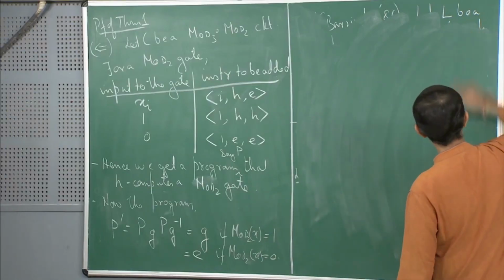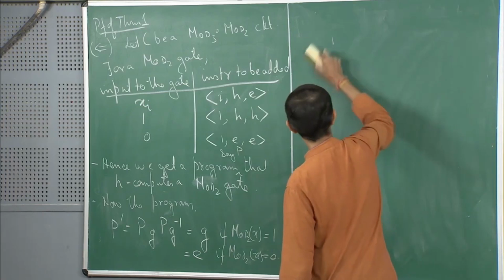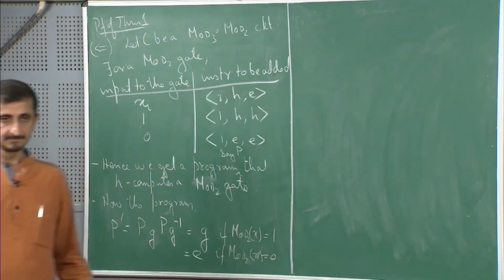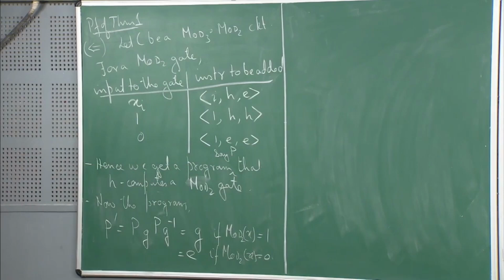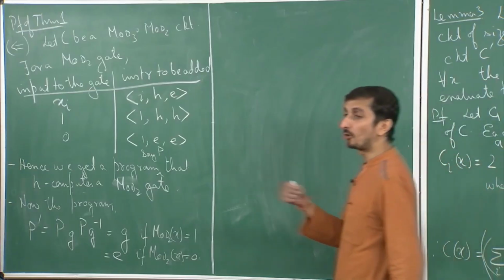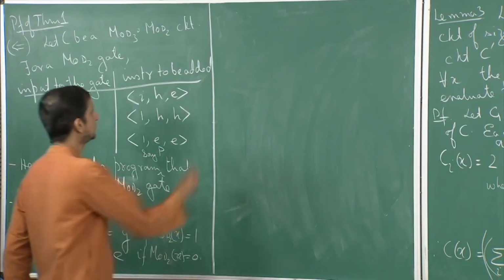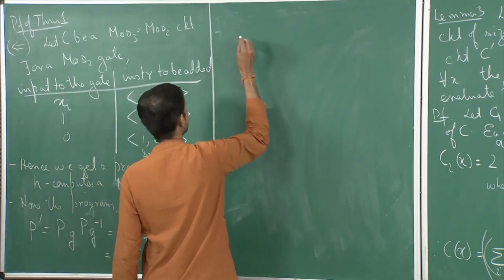Now why do we go to G from H? What property does the permutation G have? So G is an element of order 3, right? So now once we have P prime, what we get is,